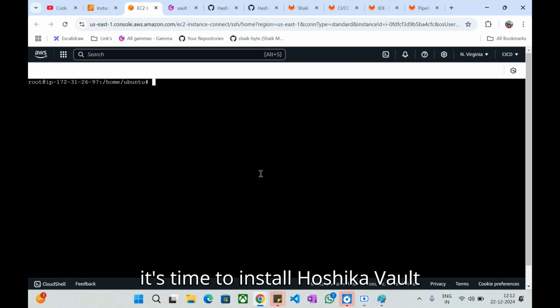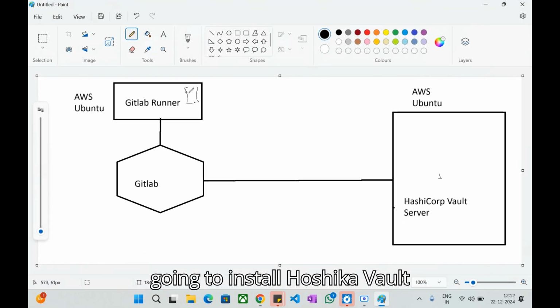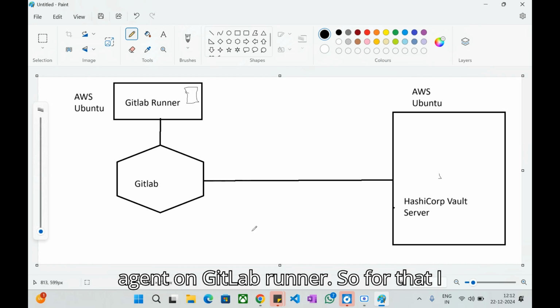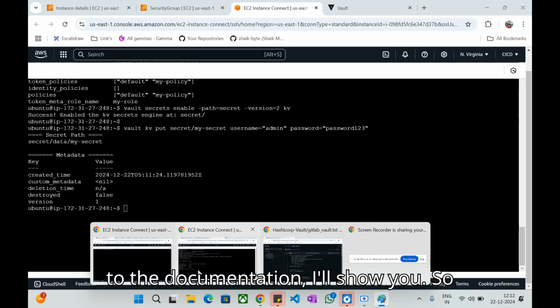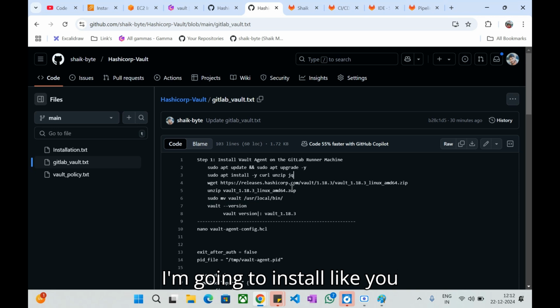Now it's time to install the HashiCorp Vault agent on the GitLab runner. As per the diagram, we are going to install the HashiCorp Vault agent on the GitLab runner. For that, I brought a simple documentation. I'll go to the documentation and show you. So here, this is a simple documentation. So I'm going to install a